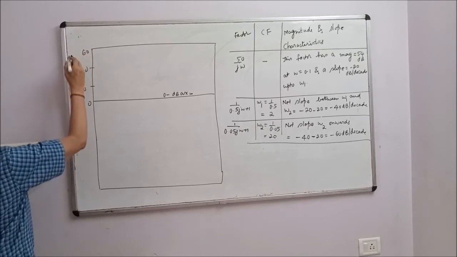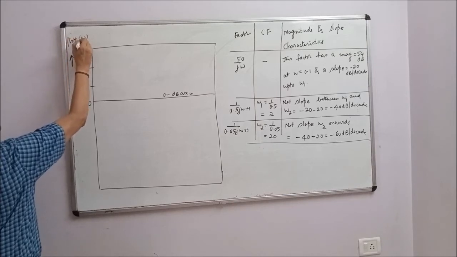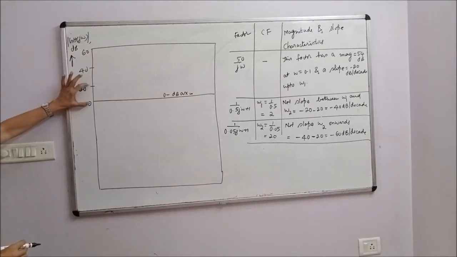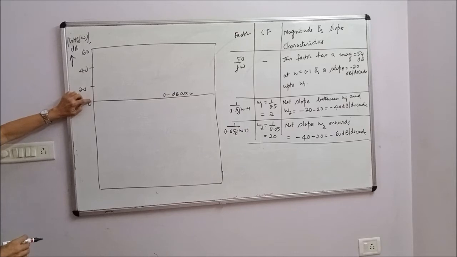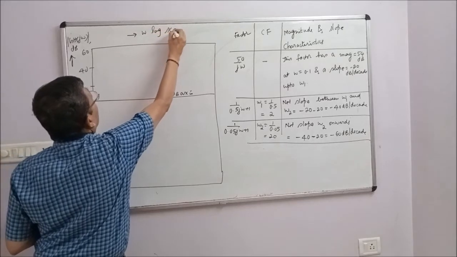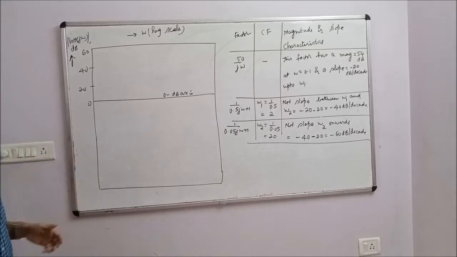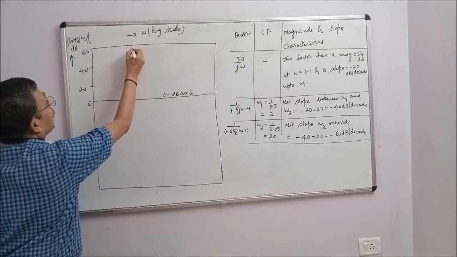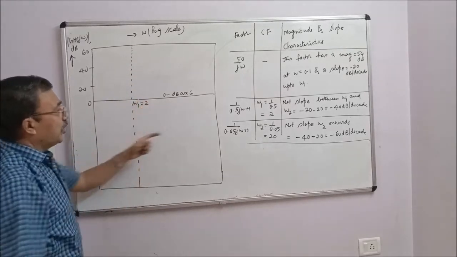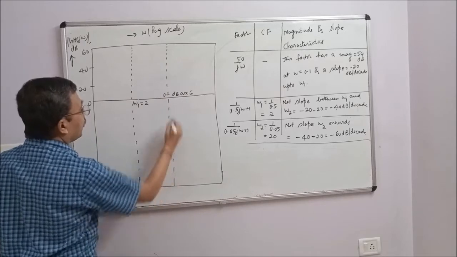Y-axis represents magnitude of GH of j omega in decibels. Between 0 and 20 there are 10 divisions, therefore each small division will represent 2 dB. This is omega in log scale. I am explaining on the board, then I will take a semi-log sheet and explain it to you. At the corner frequency, let us say this is the line drawn at omega 1 equal to 2. Omega 1 equal to 2 is the corner frequency. This dotted line is drawn at omega 2 is equal to 20.